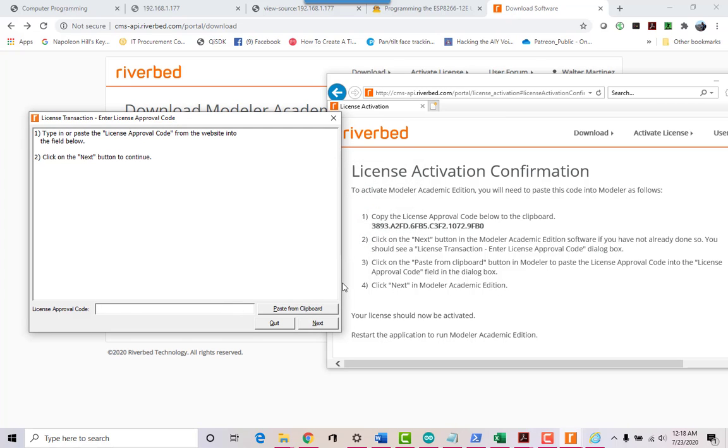Put my caps on. 38, 93. Everybody's going to have their own unique code, by the way. FB6 FB 5.C3.